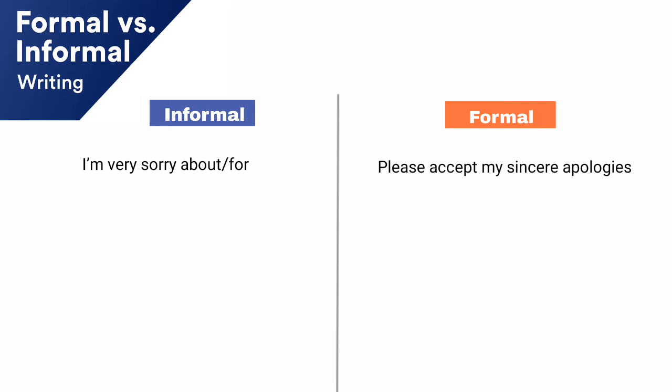Your intention is the same. Okay, suppose your neighbor, your friend, or anybody that you know personally, again, we are talking about the informal way, and you didn't like their work, so you can say like this: I'm sorry to say it, but your work didn't meet my expectations. Yeah, you could say this to your friend or your neighbor or anybody that you know personally. But suppose you are complaining to your boss or anybody where you have to be very formal, so this is not the right way to say that I'm sorry to say it, but your work didn't meet my expectations.